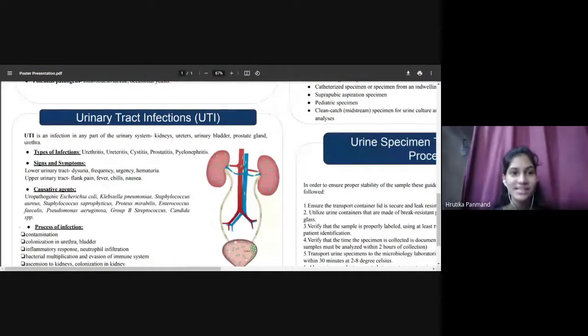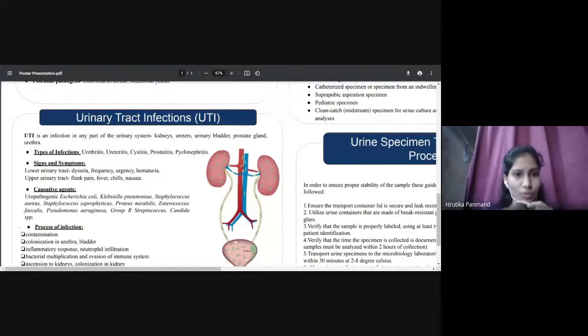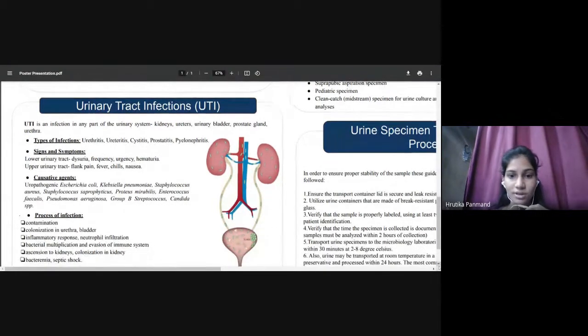So now let us see what urinary tract infections, commonly abbreviated as UTI, are. UTI occurs when a pathogen or any other organism is able to enter the urinary tract and cause infection there. It is basically divided into the upper urinary tract and the lower urinary tract. The upper urinary tract consists of the kidneys and the ureters, while the lower urinary tract consists of the urinary bladder